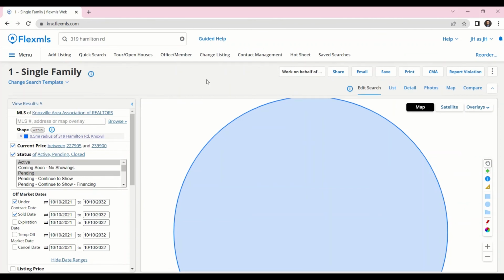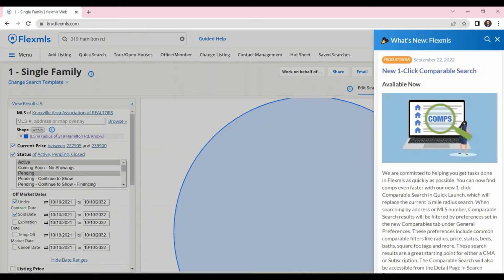If you haven't already checked out the bell feature in Flexmls, you'll now have this little bell option here on the right, and you can see any recent news Flexmls has come out with. So here is their write-up of the new one-click comparable search if you want any additional information on what I just showed you. That is everything I have for you